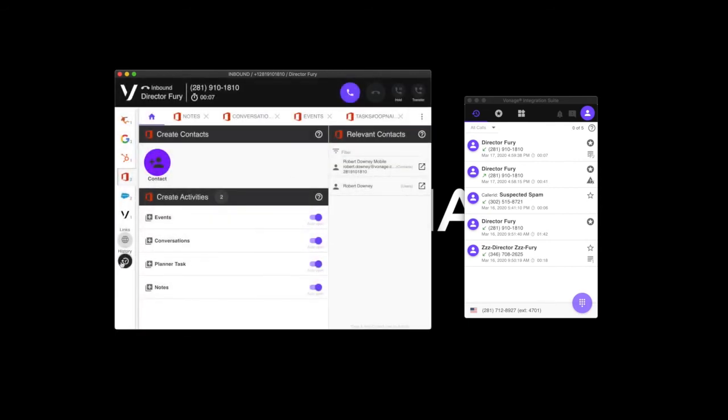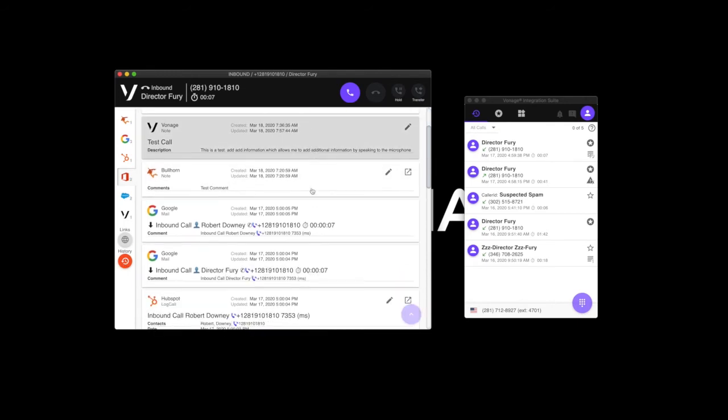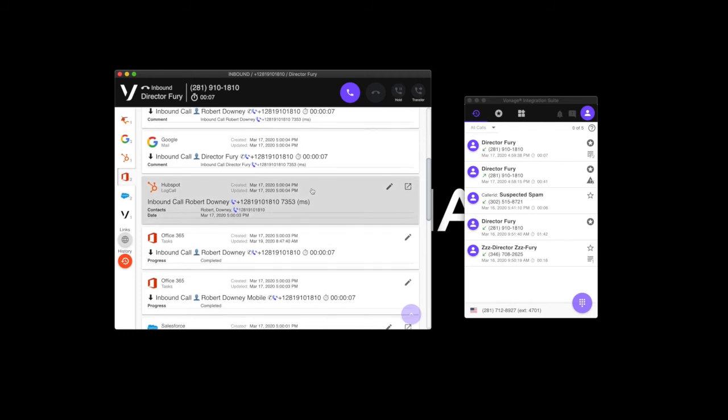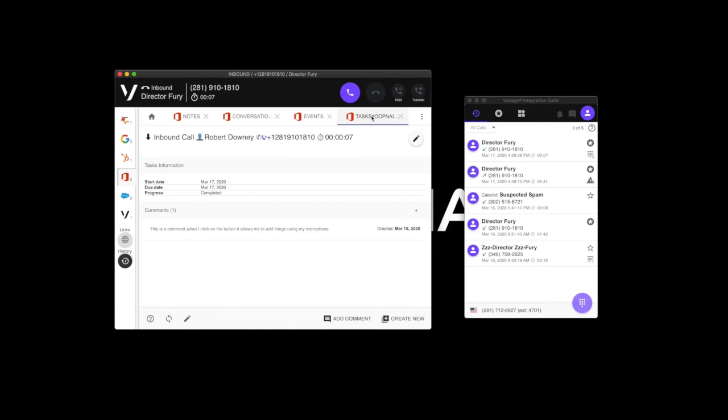You can also add contacts directly to the Office 365 system from here by clicking on the Contacts button. Most importantly is the History button. This allows me to look at all of my interaction with this customer. I can scroll through the list and quickly see any interactions I've had, click on a note, and actually open that information up so that I can see what happened during the course of that call. And I can more accurately at that point troubleshoot if the call is pertaining to a prior call or not.